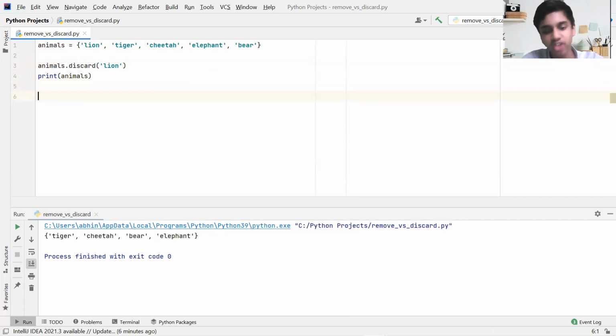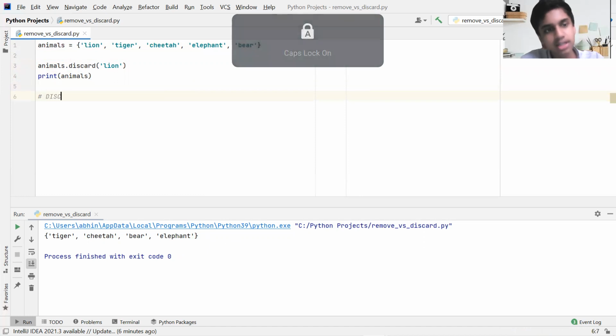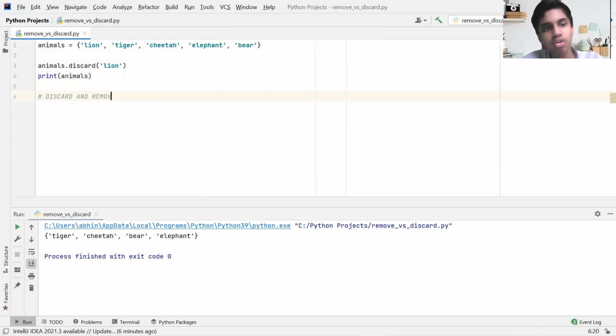So basically, we are trying to say discard and remove do the same thing. Then what's the difference? Okay, now if you've all heard of the Zen of Python, the Zen of Python is basically